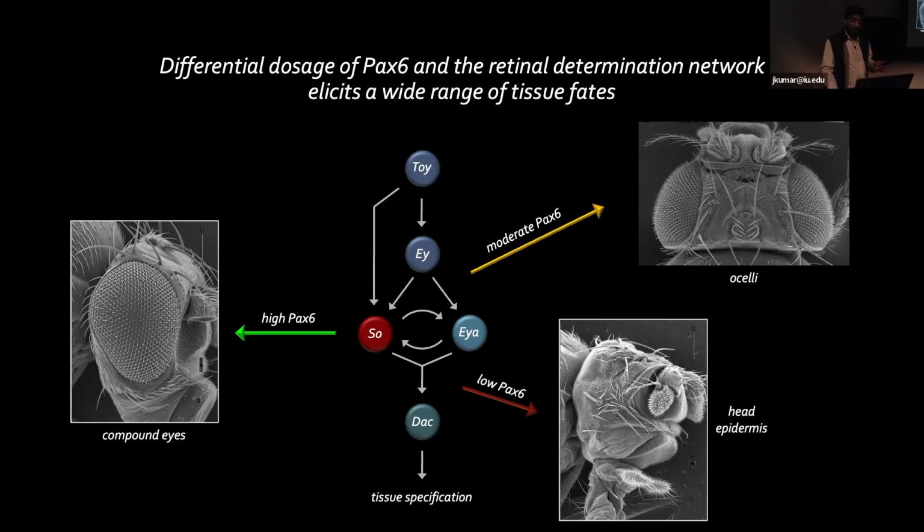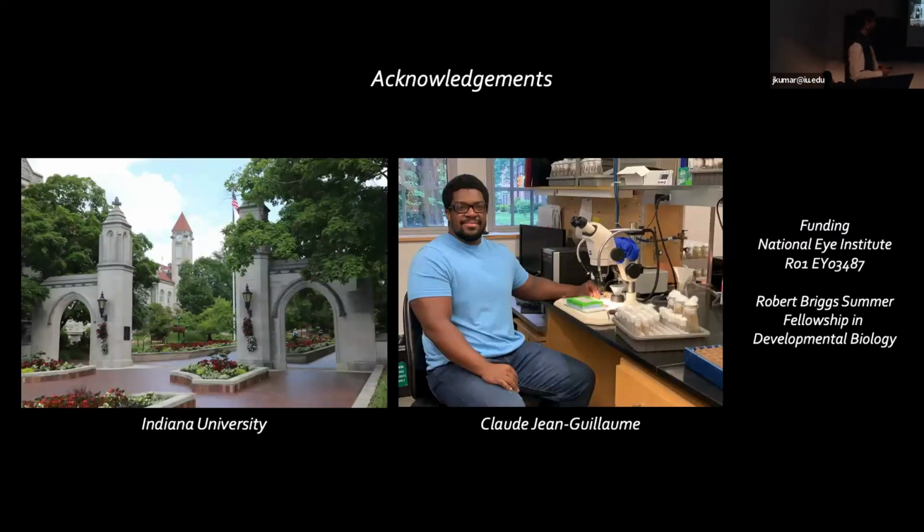And then the most important slide, of course, is to show you that all the work was done by a wonderful graduate student, Claude, who is graduating this year, in a couple of months, and will be moving to Melanie Worley's lab at the University of Virginia. She was an Ishwar Hariharan postdoc, and she and Claude are going to look at regeneration and single cell work in the wing disc.